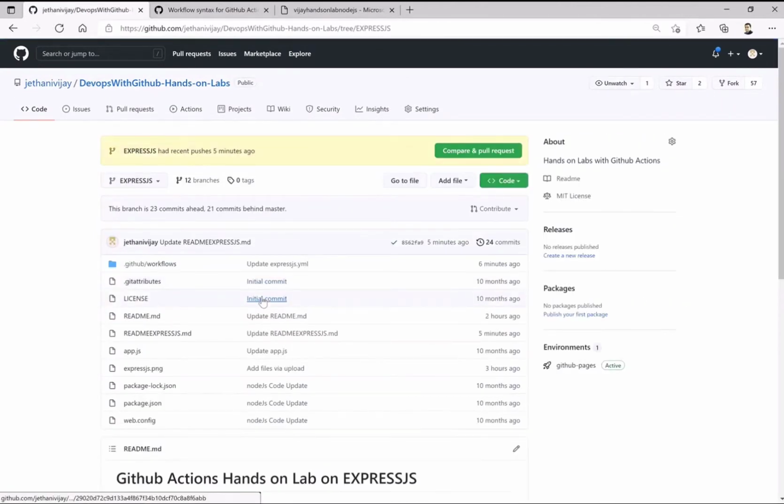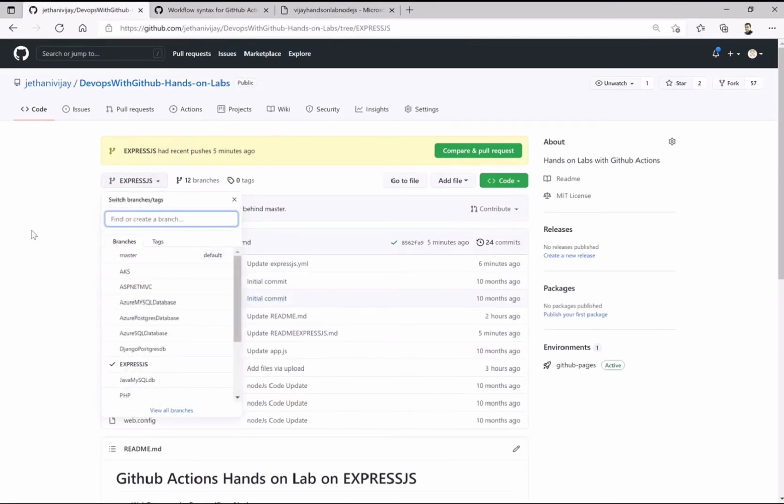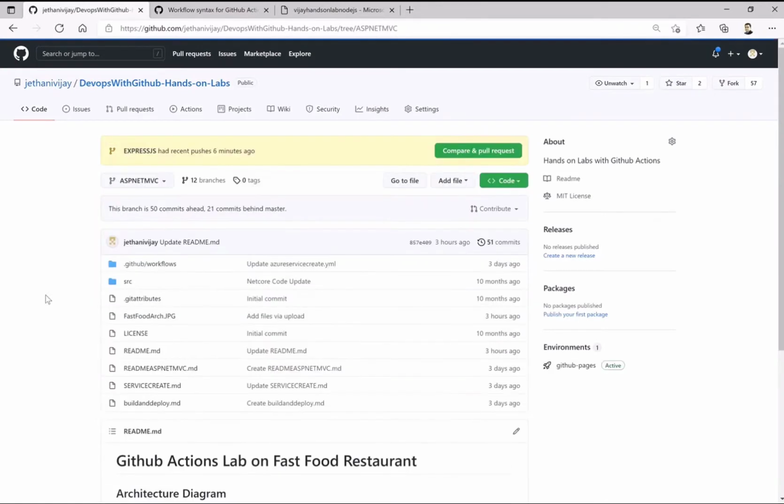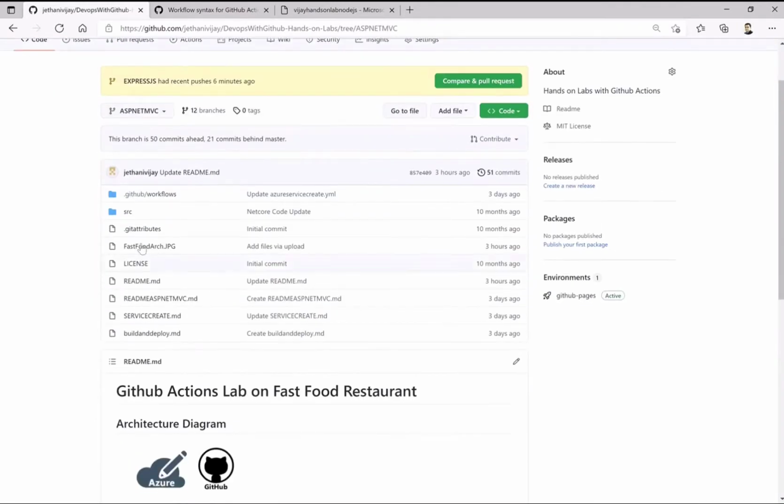Okay, now let's take a more complex scenario where we will split this into a build or service creation job, and then do the deployment of the code afterwards. There will be production use cases where you need to fetch some information, like connection strings or secrets, which should be available before you can actually deploy your code automatically. So let us look at the use case of an ASP.NET MVC app. Exactly the same thing you will follow.